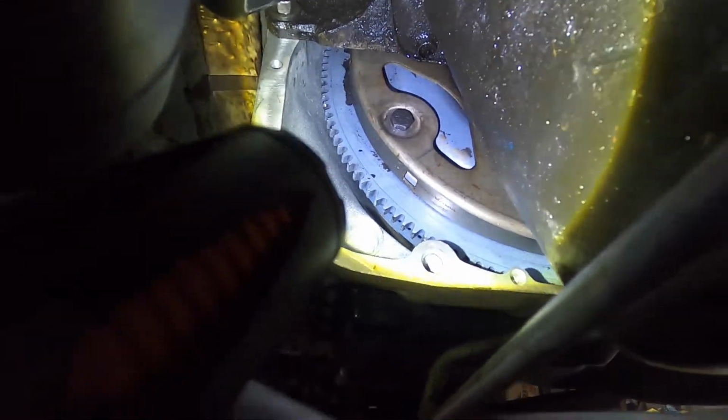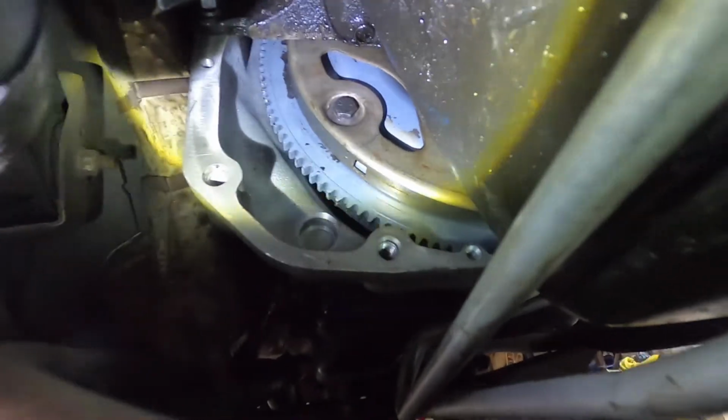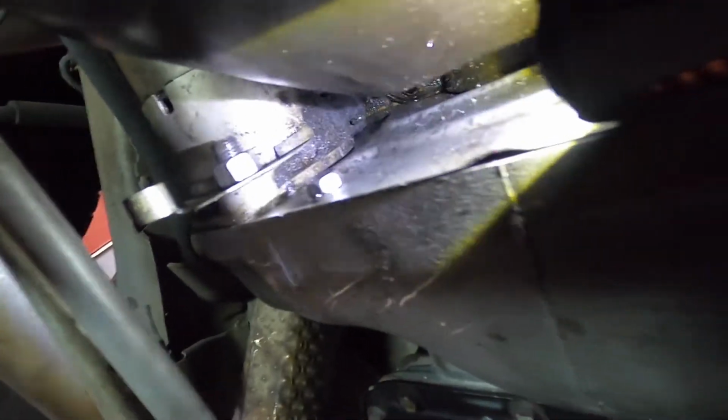And that's one. There's 4 of them, as you know, from taking it apart. You can kind of see them. There's another one right there. So you need to put those in and torque them down to 55 foot-pounds. And then you can put the dust shield and the starter back into place, which is what we're going to do next. Starter's in,